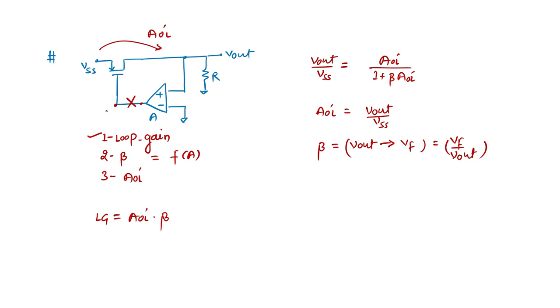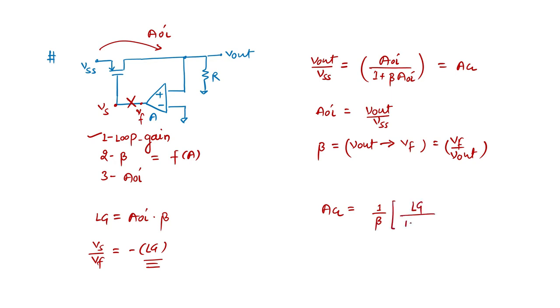And the other way of calculating loop gain is, if we have this VS, this is a VF, we have seen it many times, then VS by VF equals the loop gain. Usually we write like this. Okay, then we can write a closed loop function in two ways. One way is AOL dash by 1 plus beta AOL dash. The other way, 1 upon beta is common, if I have loop gain, then I can use 1 plus loop gain. Okay, these two things we can use to calculate the DC closed loop